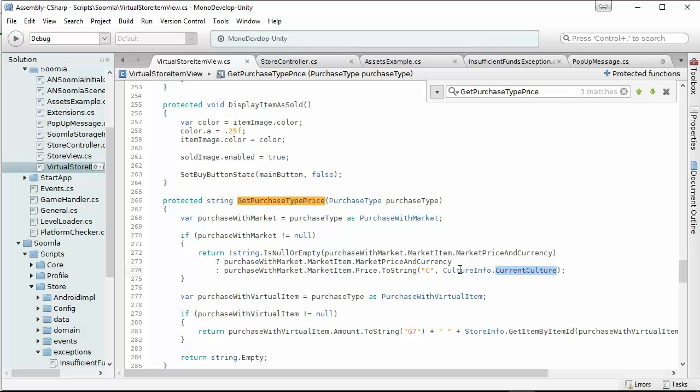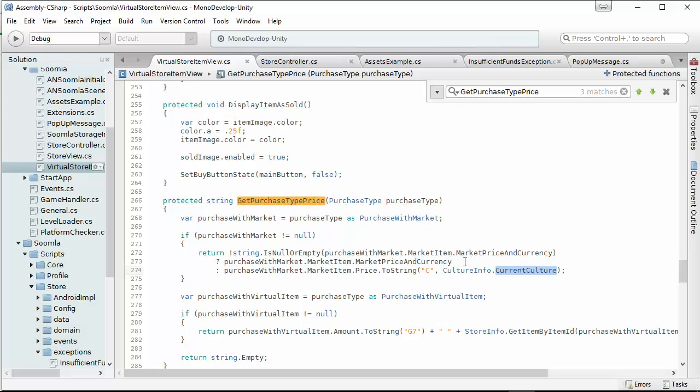So this is going to depend on the current culture. So we use the culture info, the current culture, in order to return the price in that culture. So for example, $3, $4, €4, 5 shekels, 5 dinars, 5 GD, and so forth. This is how you could use this in order to return the item if it's purchasable with market. So we're just gonna return the currency using culture info here if this is not assigned with the current market